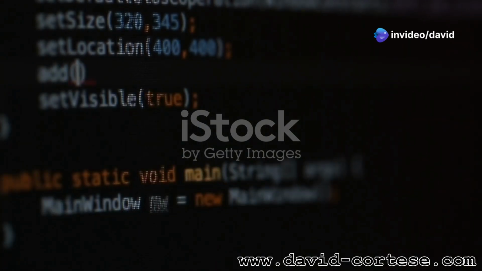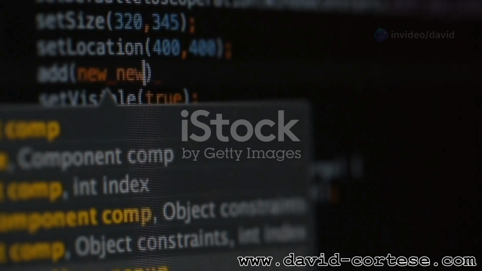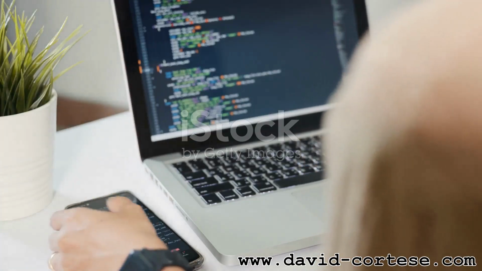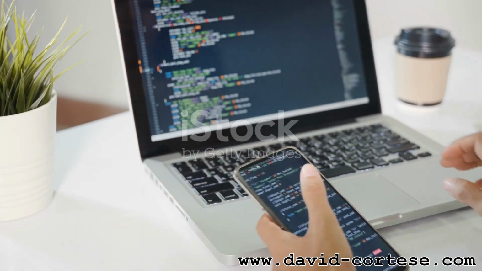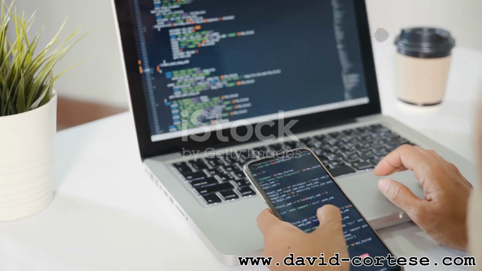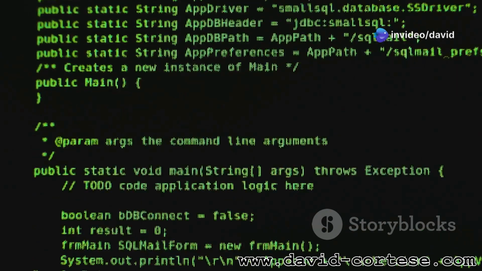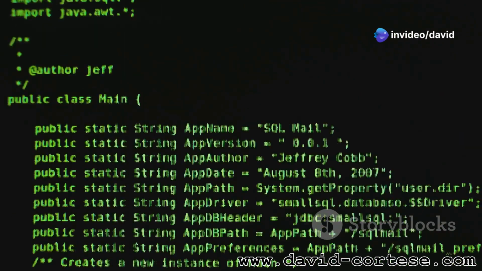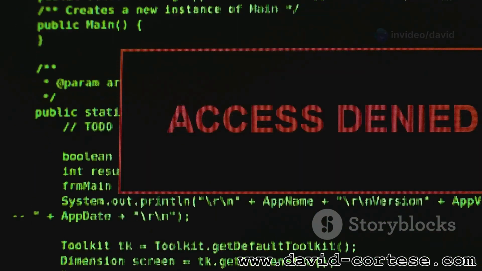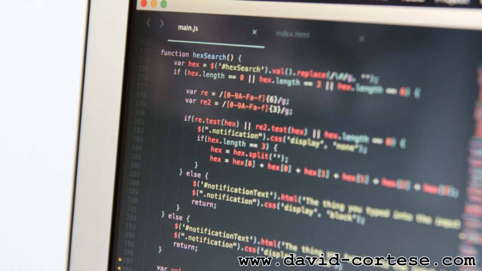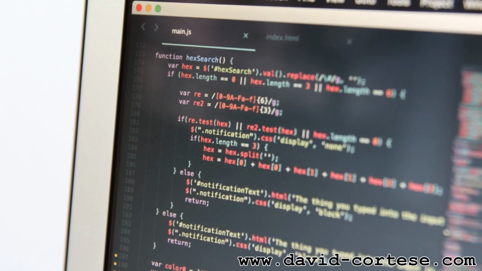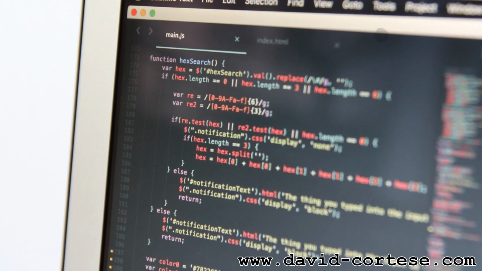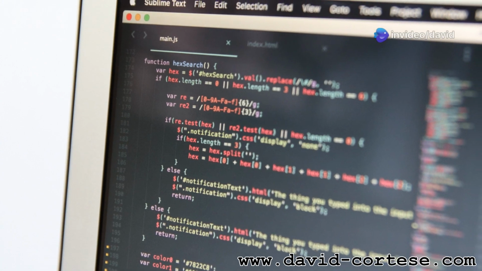Section 6. Bringing your app to life with Java Kotlin. With the UI designed, it's time to breathe life into your app using Java or Kotlin code. This is where you'll write the logic that handles user interactions, processes data, and controls the overall behavior of your app. Android Studio provides a powerful code editor with features like syntax highlighting, code completion, and debugging tools to make